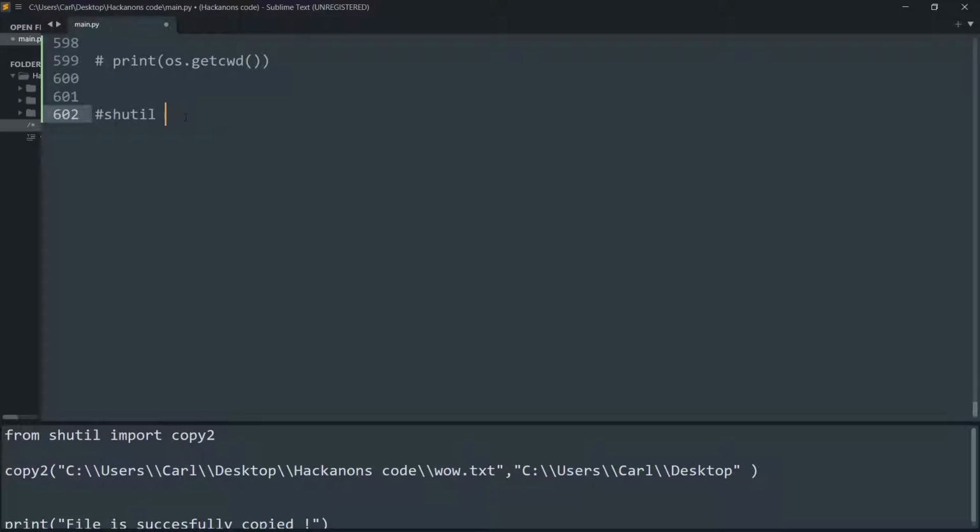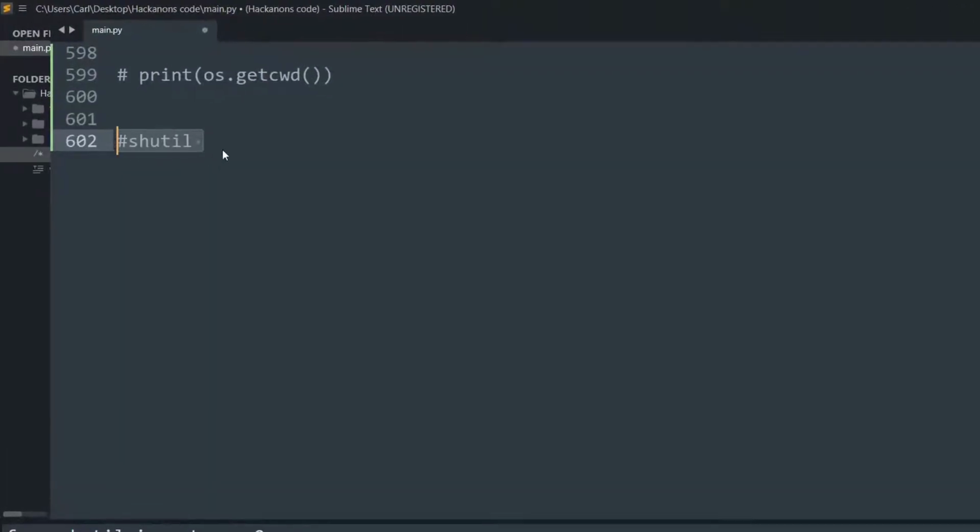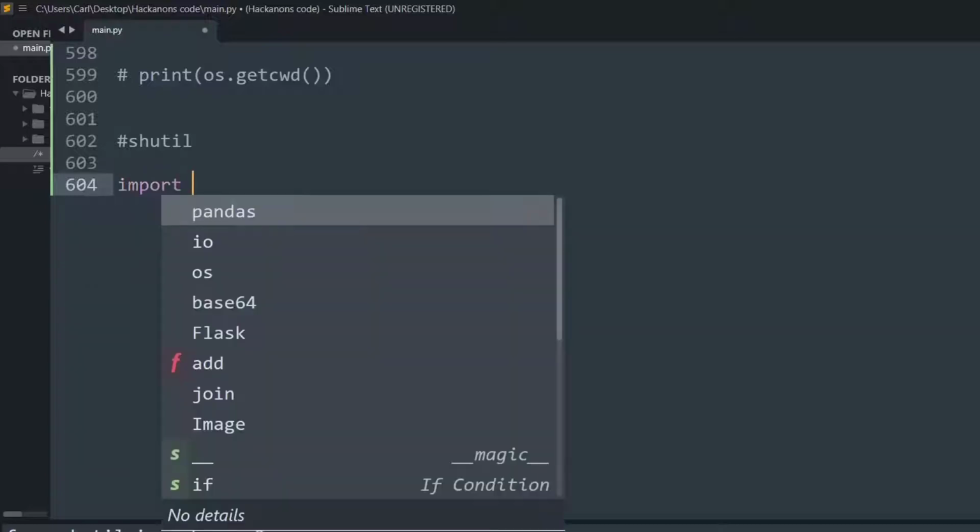So shutil is an inbuilt library that is available when we install Python. So we do not need to install it using any pip commands. All we need to do is say import shutil,